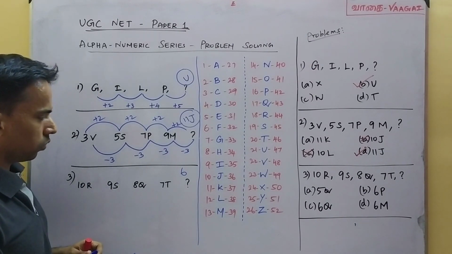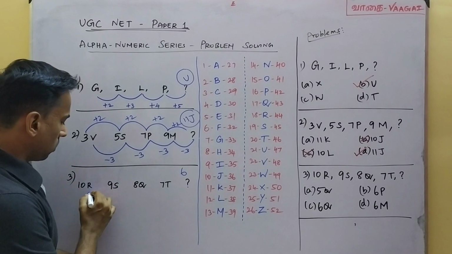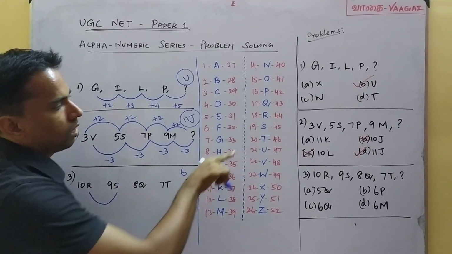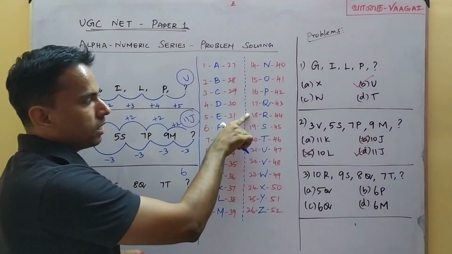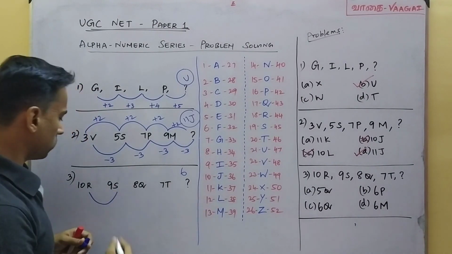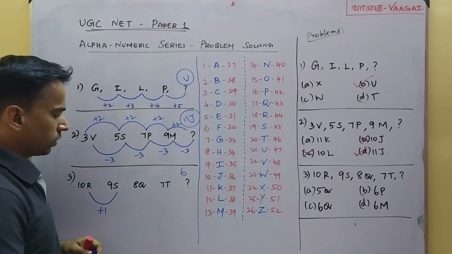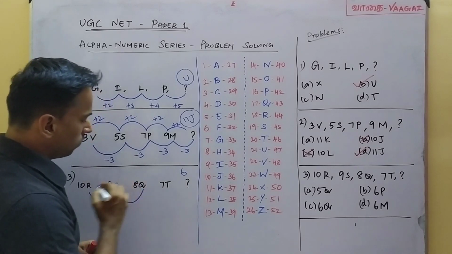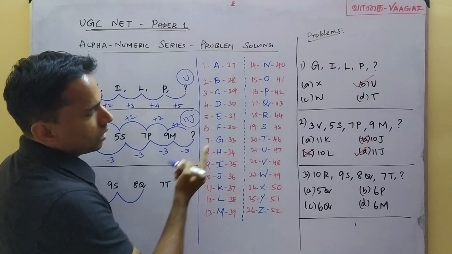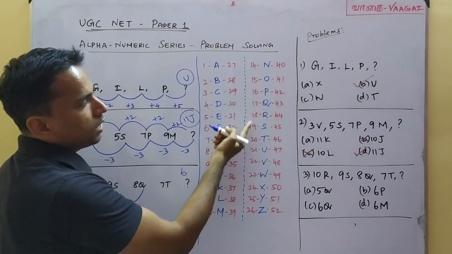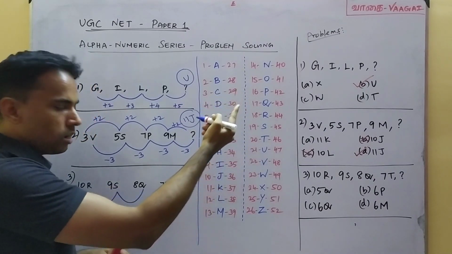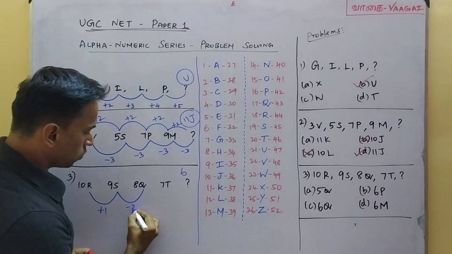That's it. And now let's come to the alphabets, that is letters. We'll see what pattern is followed there. R is the first letter, they are moving to S. If you see in the table, R to S, that is 18 to 19, it is just one position in the forward direction, right? So they are moving +1 here. And S to the next letter, which is Q. S to Q, they are moving in the reverse direction. 19 to 17 is 2 positions in the reverse direction, right? So here they are moving -2.